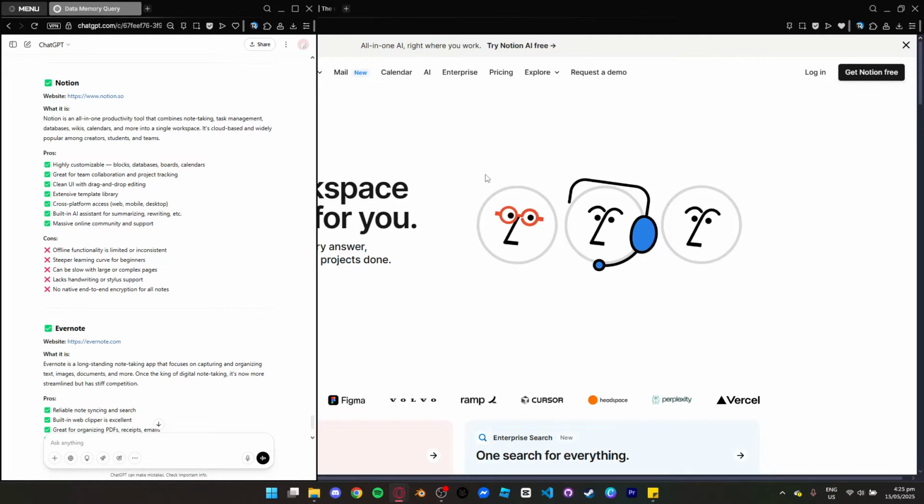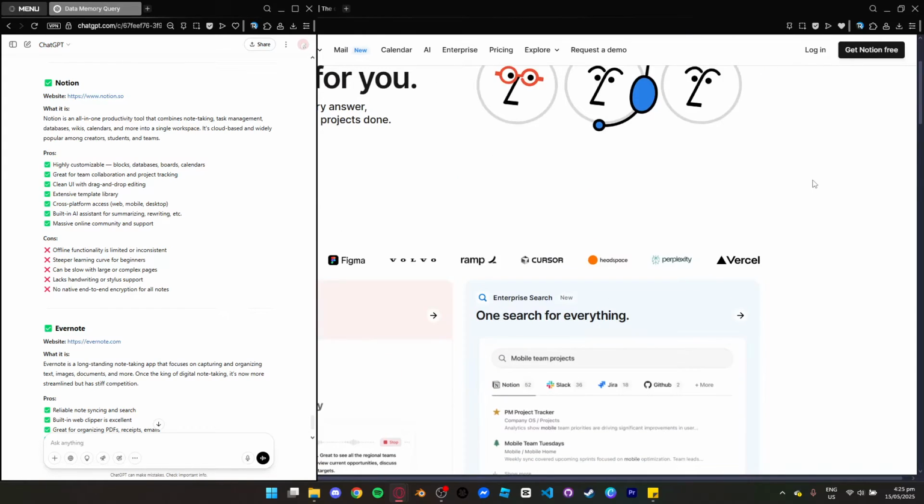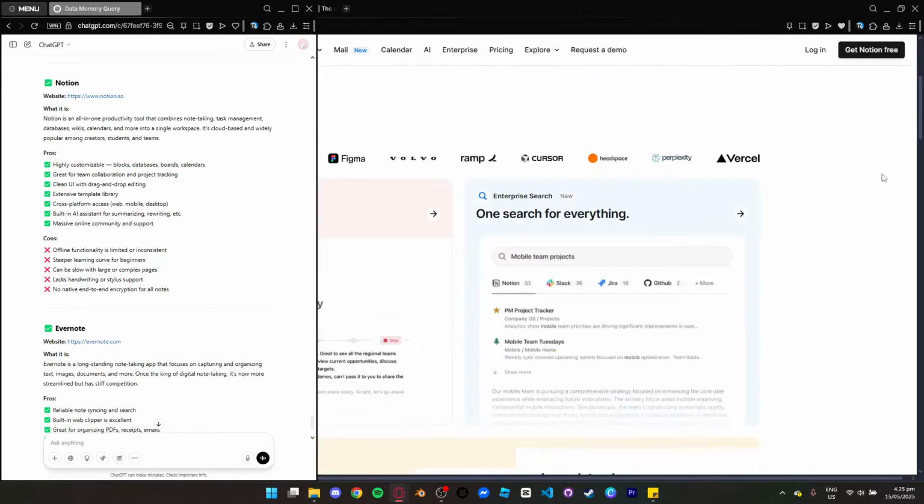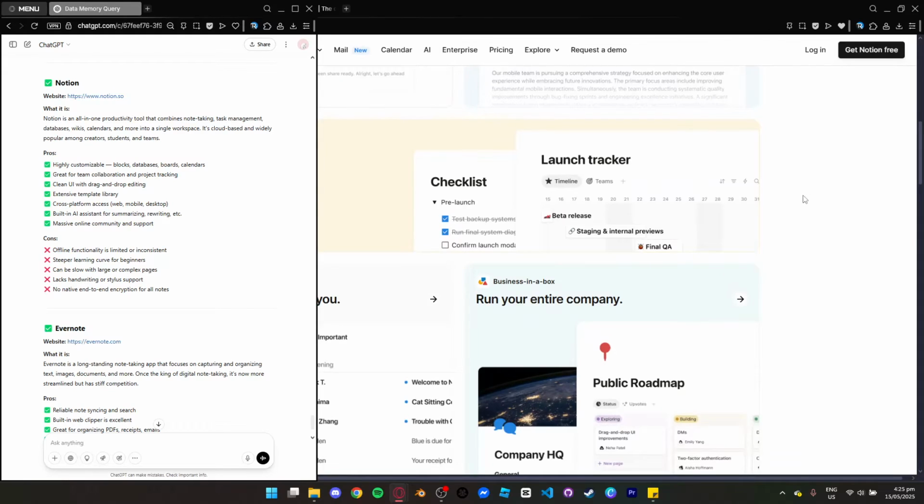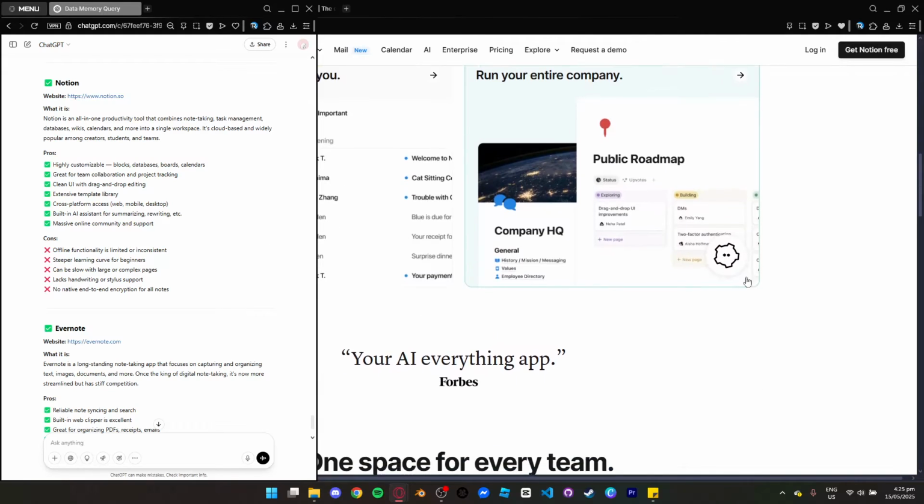They have cross-platform access, which is available through web, mobile, or desktop. They also have a built-in AI assistant for summarizing, rewriting, and many more. And lastly, they have a massive online community and support. Now let's talk about its cons. For the cons though, they have offline functionality, which is limited or inconsistent, and it has a steeper learning